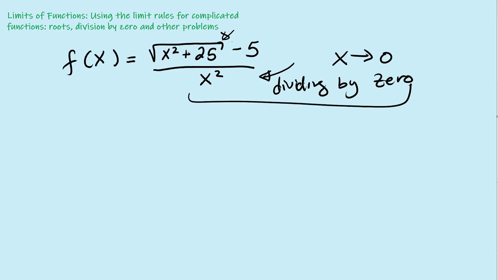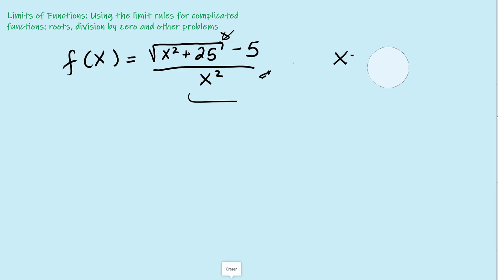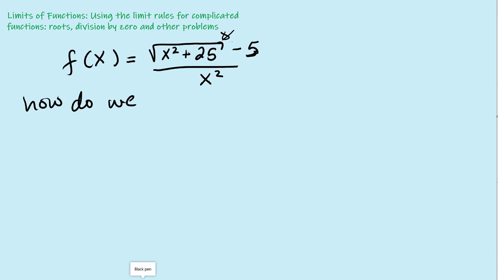And to get over that, we're going to use a little trick. I'm going to show you this trick, and you'll see that it's useful in many other problems that you will encounter in your calculus classes. So what we're going to do here is try to get rid of the square root. That will be our first step. How do we get rid of the square root? Okay, so I'm going to write this down. How do we simplify the square root? Well, there isn't a direct way, but what we can do is